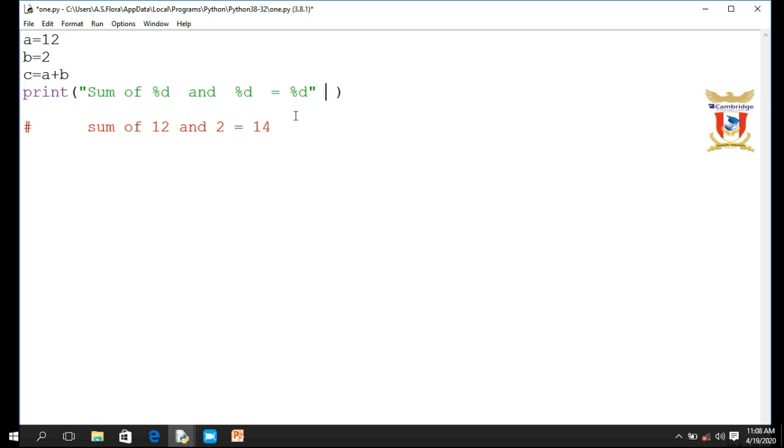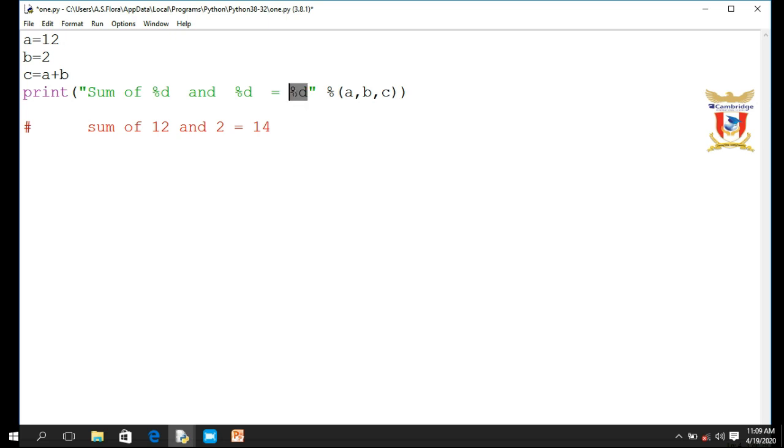When you use multiple placeholders inside the string, you have to write percentage, then an opening round bracket, then A, comma, B, comma, C. You have to specify all variables in the same sequence in which you want them to replace the placeholders. For example, the first variable will replace the first placeholder, the second variable will replace the second occurrence of %d, and the third variable will replace the third one.